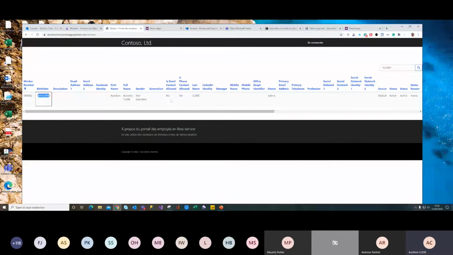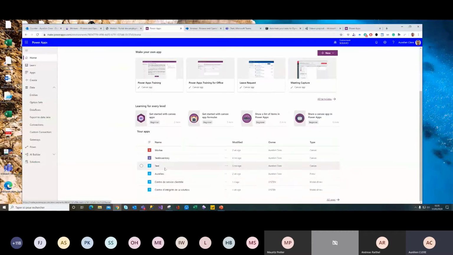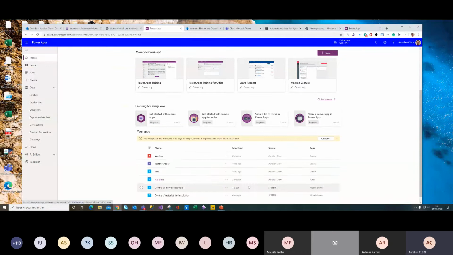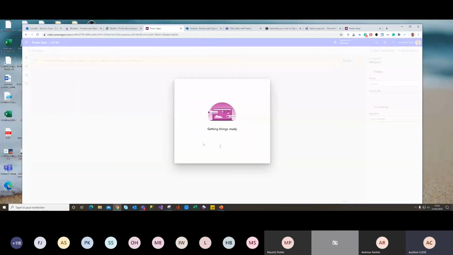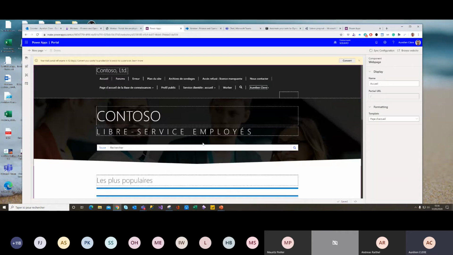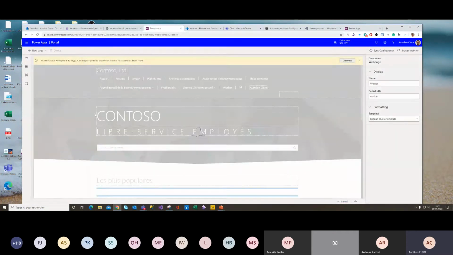And of course, it's a web portal, so you can customize with HTML, CSS, JavaScript, of course. But if I want to show you how it works very quickly on my Power Apps portal, where it is here, yeah, portal. You can of course do a trial if you want to try Power Apps portal. So you will see that you are on the editor of Power Apps portal. Here you can have all your pages, like me, the worker that I created, a new page.